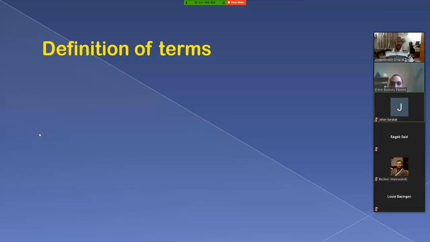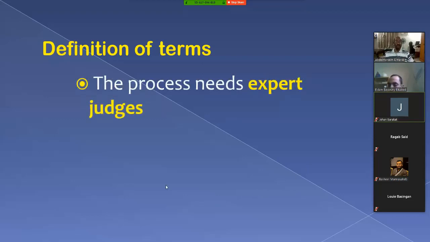Now, we have certain terms which are important to define before we move ahead with the process of standard setting. The first term: what is an expert judge? Because we are going to use this term. This term is found in academia, in medical education and general education literature. They use expert judges in the field of academia. Has anybody heard of the term expert judge in academia? No. Now,